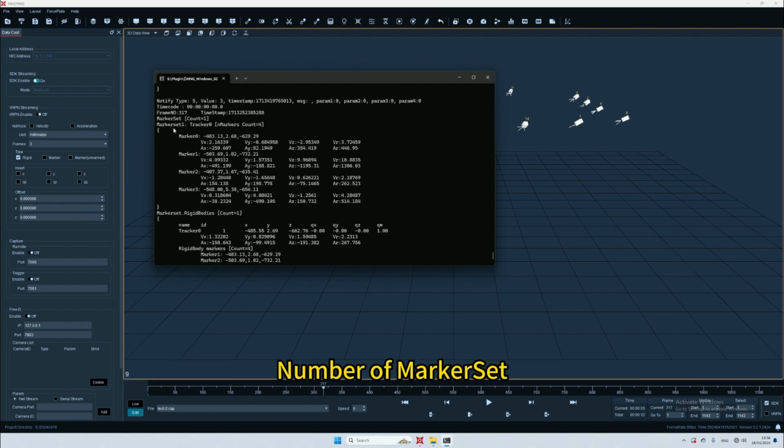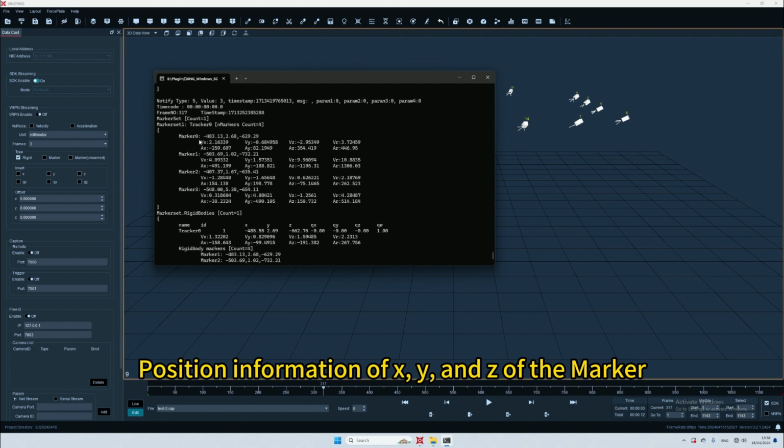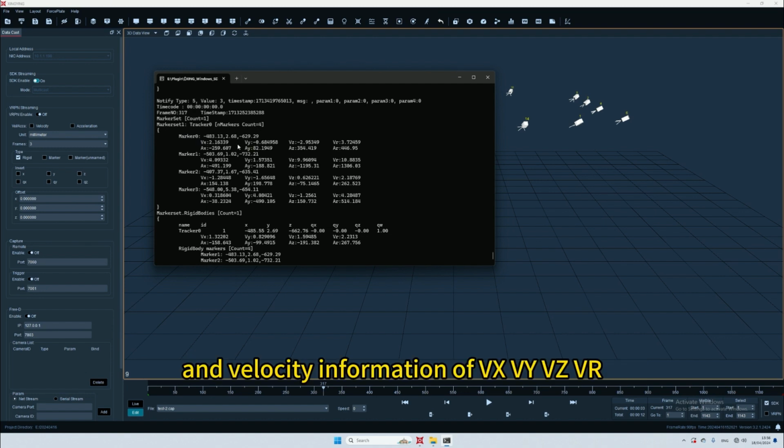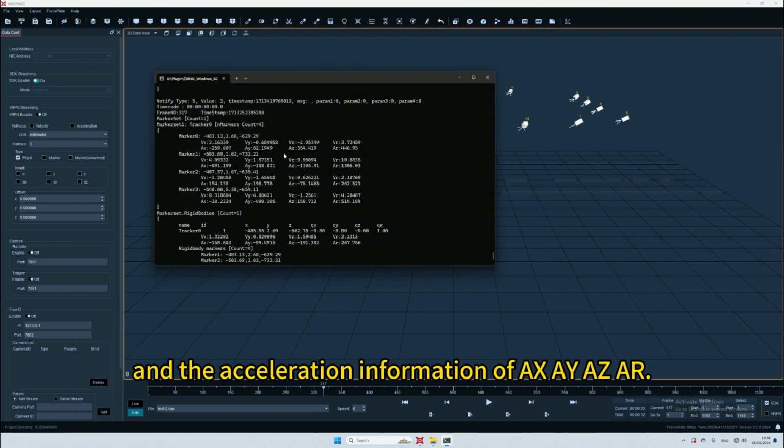Here's the number of marker sets, the name of the marker set, the number of markers in each set, position information of markers in X, Y, and Z coordinates, velocity information in Vx, Vy, and Vz, acceleration information in Ax, Ay, and Az,